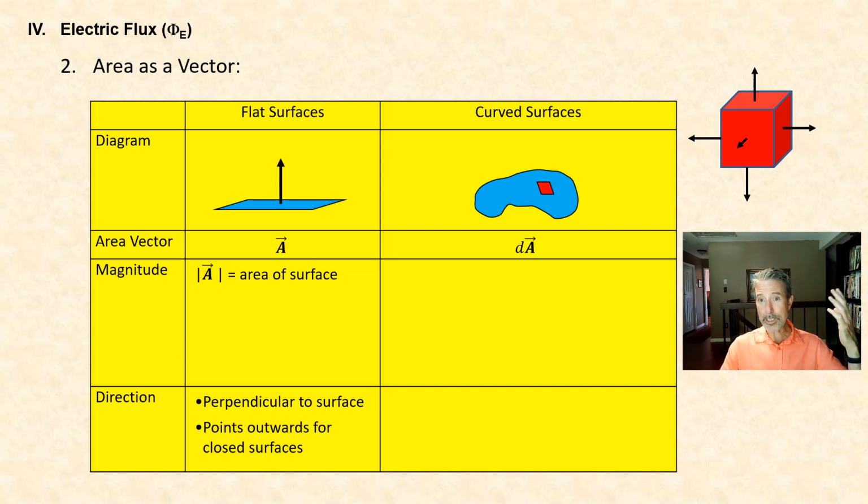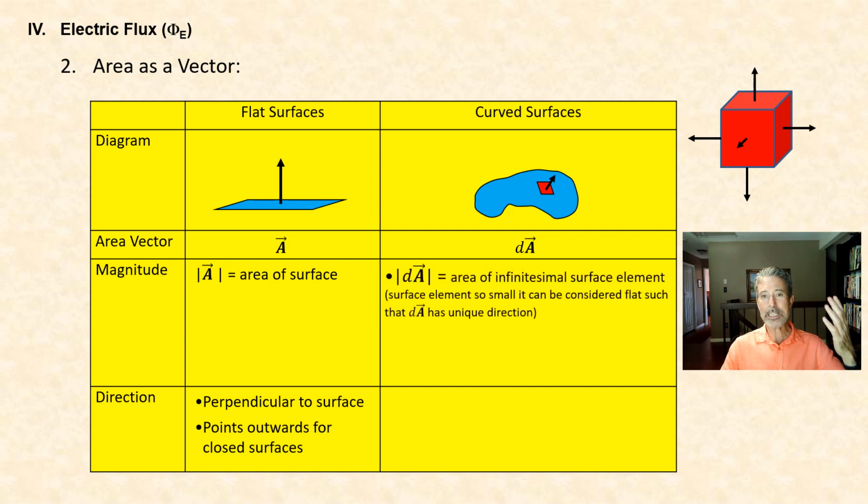And we call this infinitesimally small area vector dA, where the magnitude of dA represents the area of that infinitesimal surface element, a surface element that is so small it can be considered to be flat,